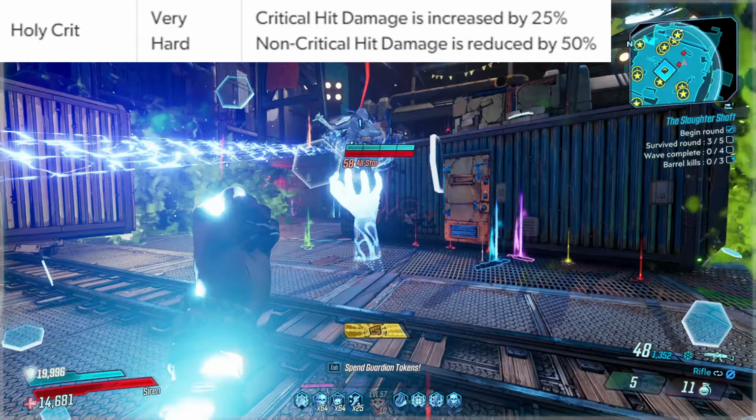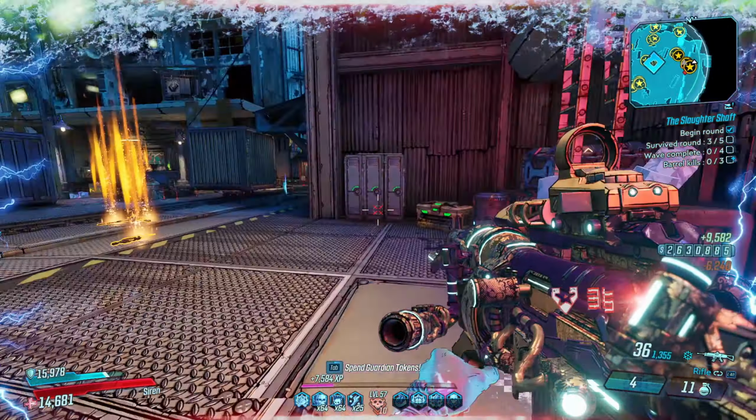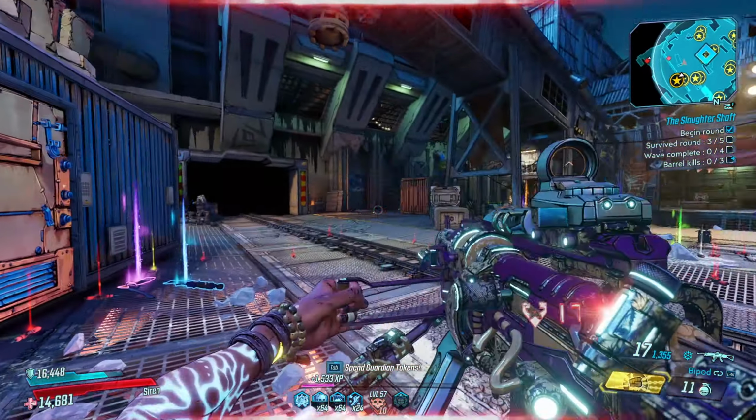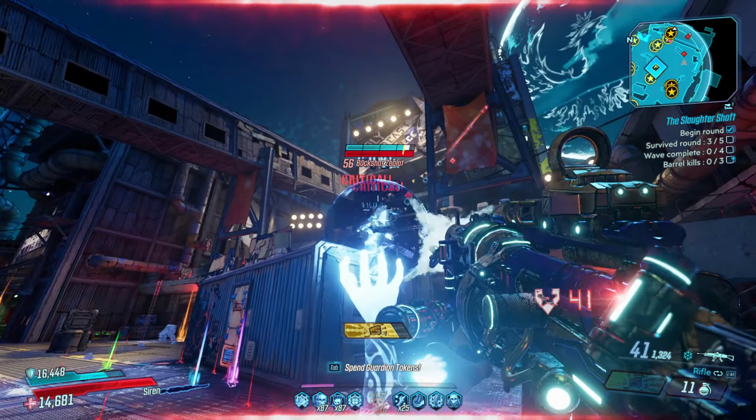Then we have Holy Crit, where critical hit damage is decreased by 25%, but non-critical hit damage is reduced by 50%. This is good if you're taking a sniper build, but again, it makes your builds very inconsistent, and you have to keep rerolling all your modifiers, and then you'll get bad modifiers, and rerolling your modifiers is not a fun